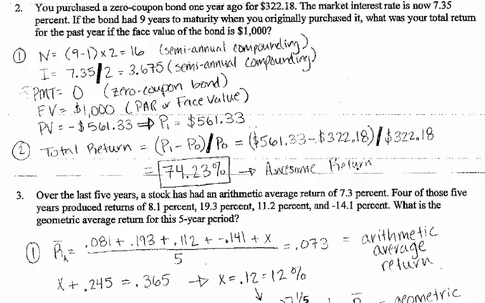Let's say you purchased a zero coupon bond 1 year ago for $322.18. The market interest rate is now 7.35%. If the bond had 9 years to maturity when you originally purchased it, what was your total return for the past year if the face value of the bond is $1,000? Okay, and we obviously knew the face value was $1,000. So